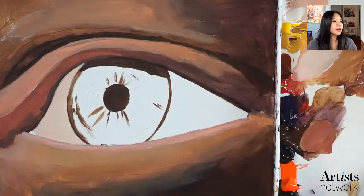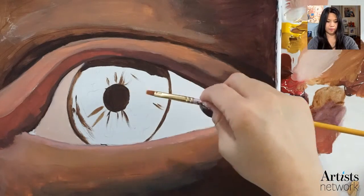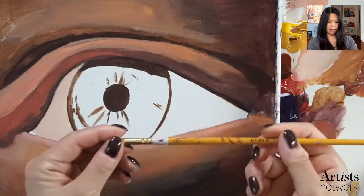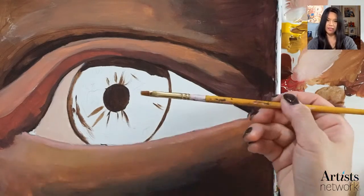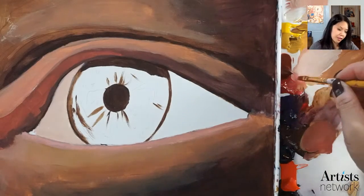I'm going to take a smaller brush. Let's see. I'm going to take a pretty small flat brush. As I said, you guys, it doesn't really matter what brands you're using. I can't even tell what brand I'm using because there's paint all over the handle. So I'm going to take a little bit of my red